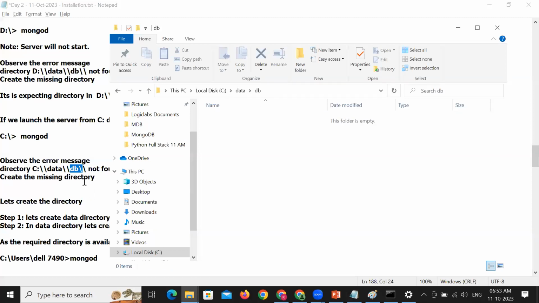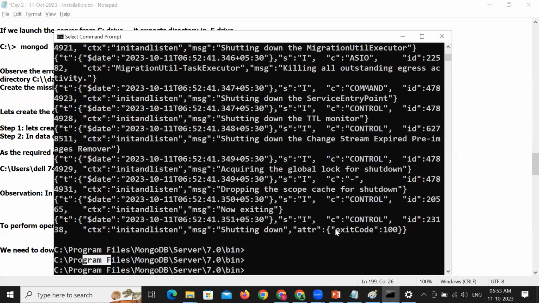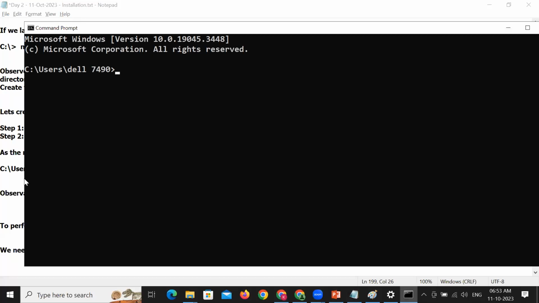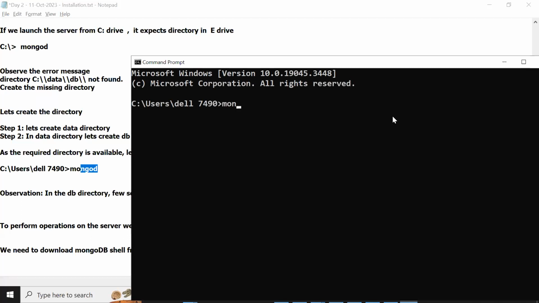So let's start the server. Better to close this command prompt. I open the command prompt freshly. And now I want to start the server. The command is mongod. As the directory is ready,